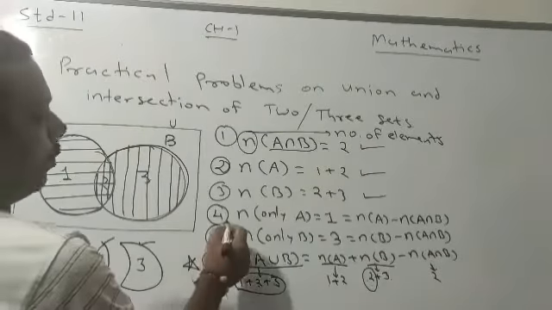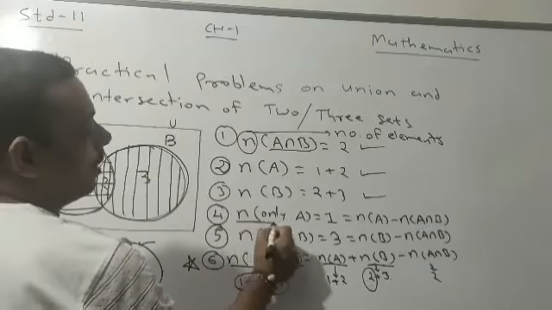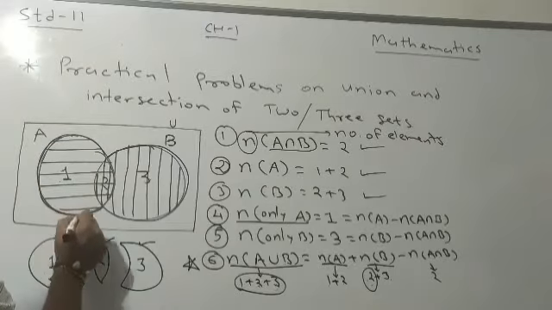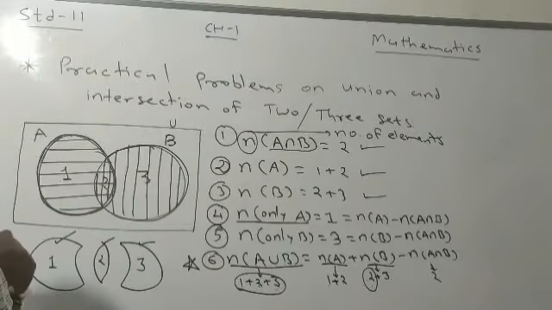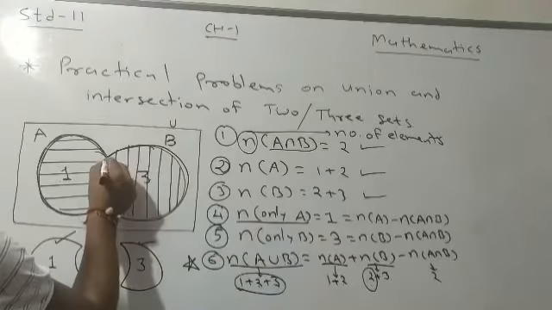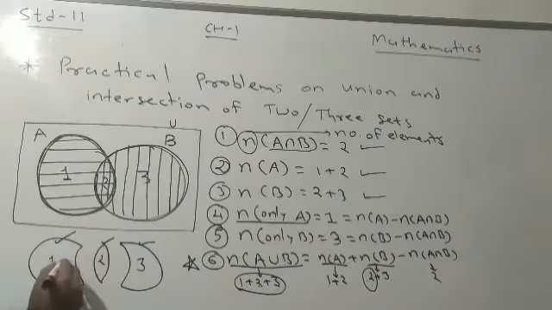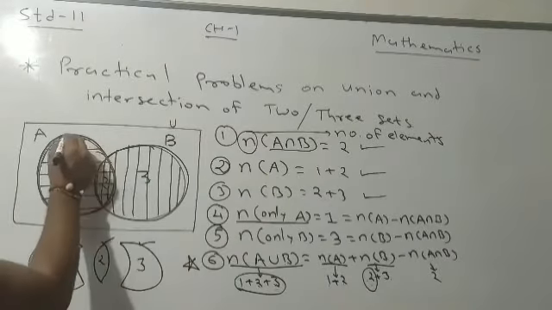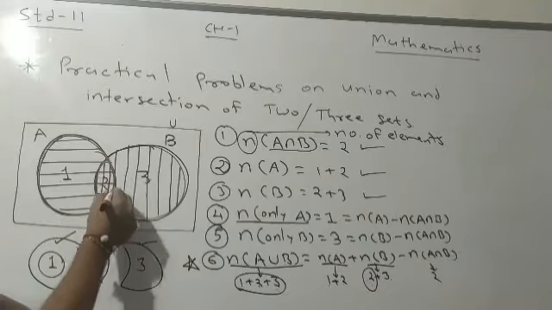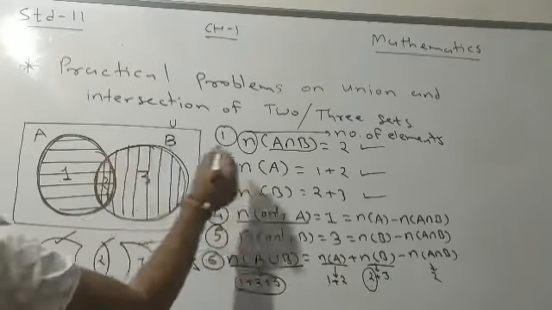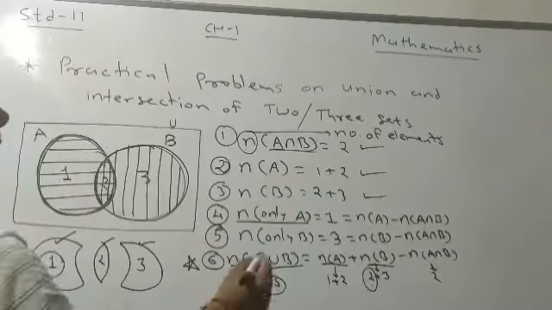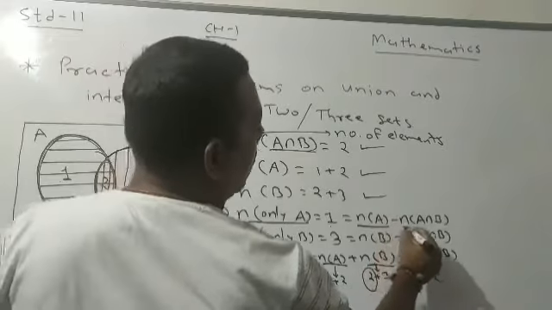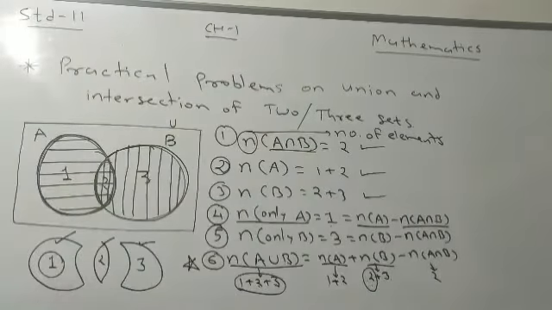Now the fourth point, that is the number of elements only in A. Now observe the part. This whole circle is nothing but A, but my question is only A, so I have to consider only this one part. So from this whole A, that is 1, 2, you have to remove 2, where 2 is nothing but the intersection of A and B. So when we are talking about only A, that is only 1, we have to write the number of elements in A minus the number of elements in A intersection B.